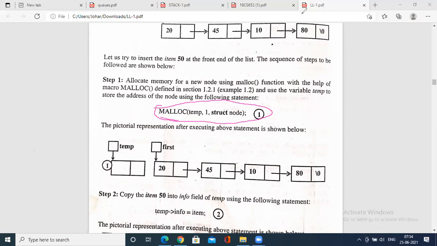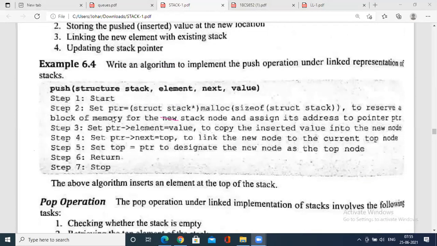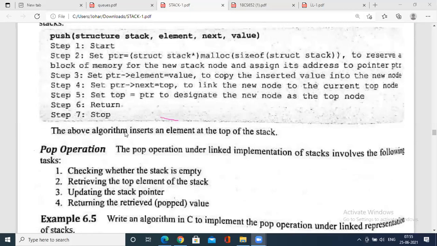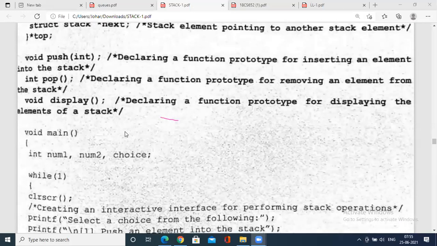This is very important. Everywhere in queues and stacks, we use this. Now let me explain the stack implementation using linked list. This is the basic thing. So set the pointer, this is a malloc of size of stack, to create it. Then copy the value to the set pointer. The algorithm is how you realize it and write it. If you understand the basic push and pop operations using a linked list, you will find it easy.